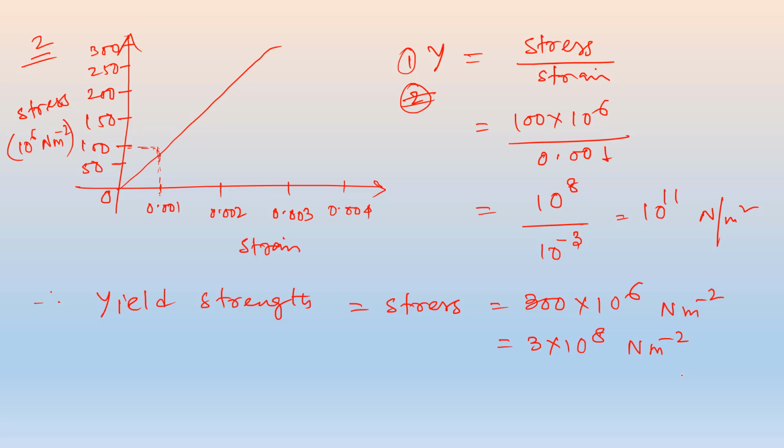and the graph can be plotted. It's a type of linear graph up to the peak point, right? That means the stress applied to the material is directly proportional to the strain. So in this way the answer can be given for that. So I'm just moving to the next question. Okay,